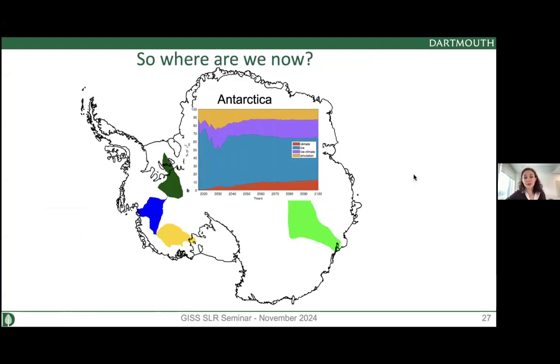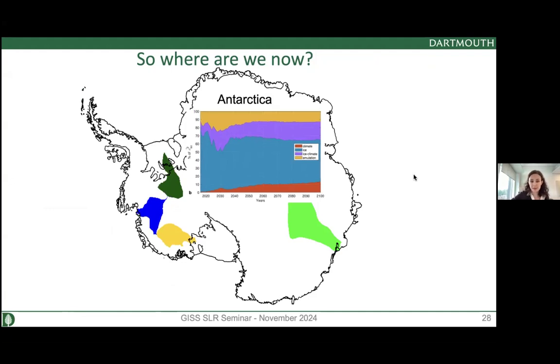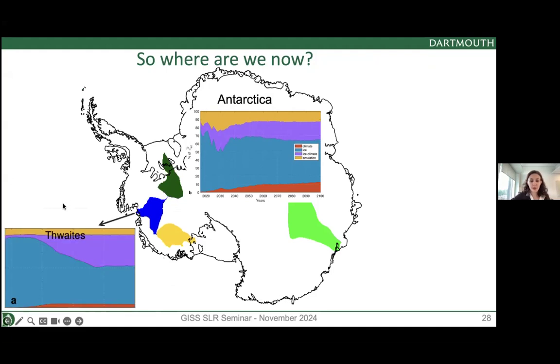But something really interesting is that we see, depending on which glacier you look at, the repartition of uncertainty can be quite different. For example, for Thwaites Glacier here, the role of climate model is really small, less than 5%. Emulation is still about 10%, but then the majority is from which ice model you start with. And that's because Thwaites is already changing, and it's really hard to capture this change. And so ice models struggle with that, and therefore start with quite a different behavior.